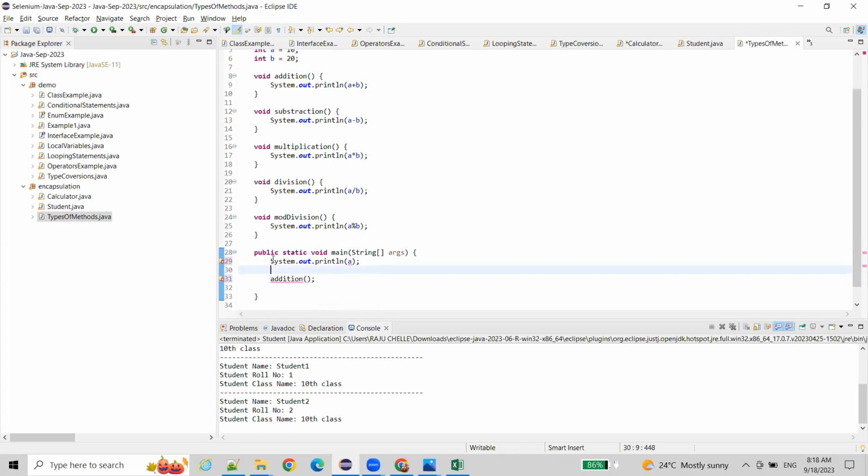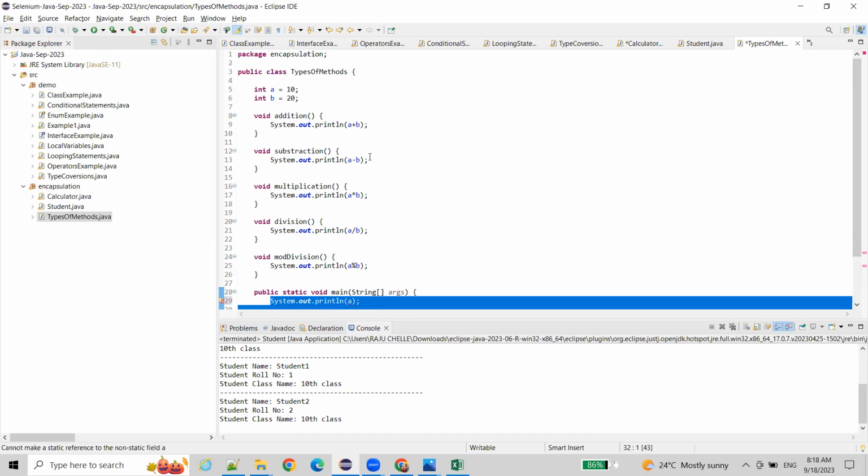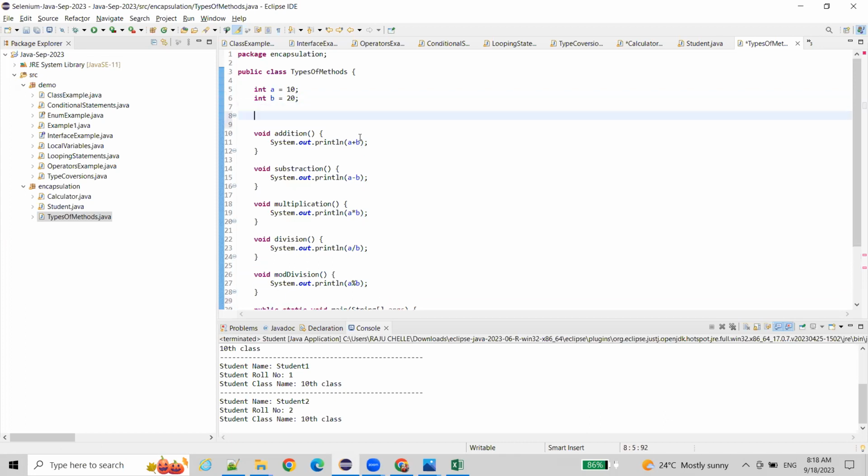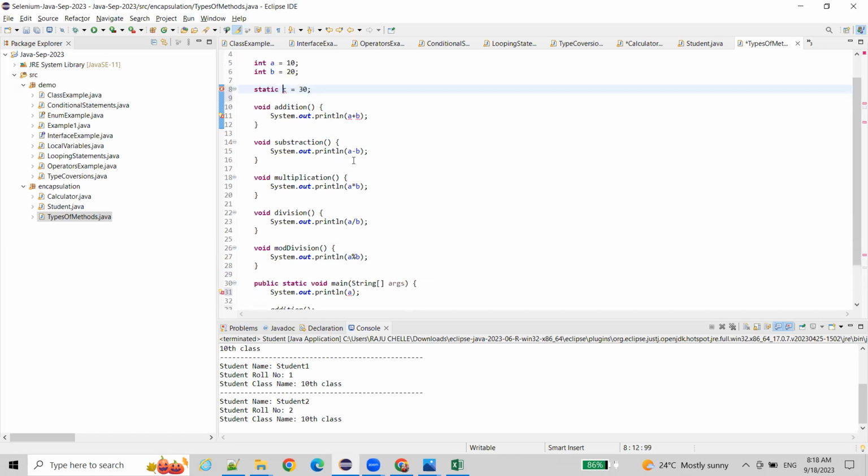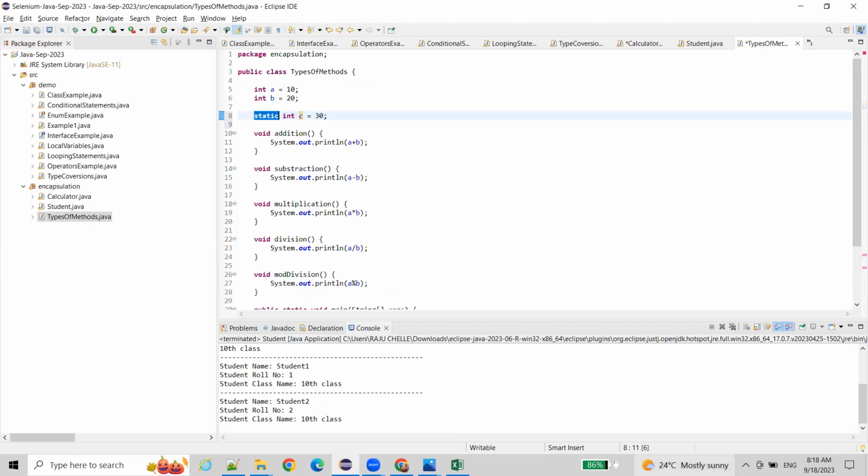But if you use static, for example static int C equals 30, and you use static before your data type and variable,